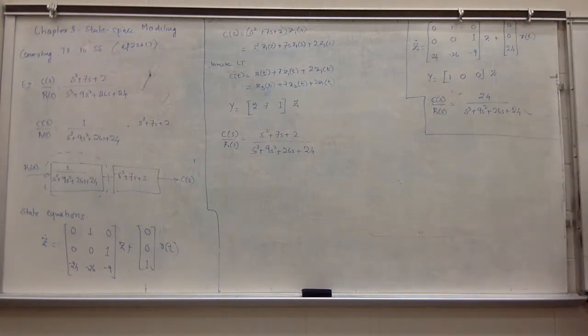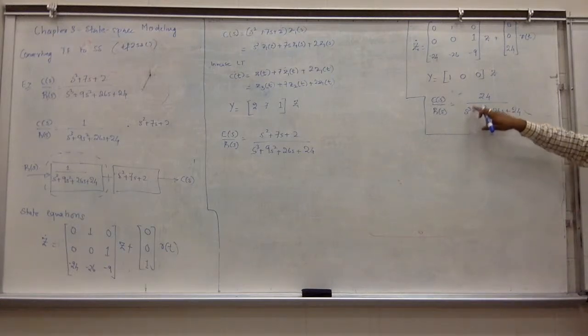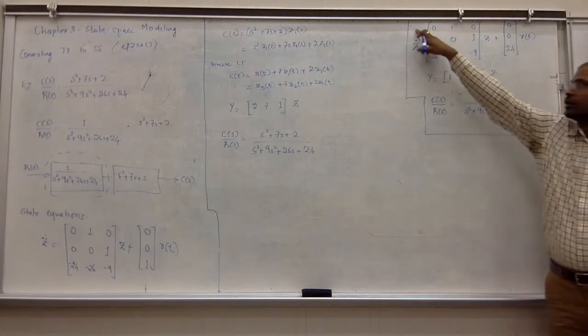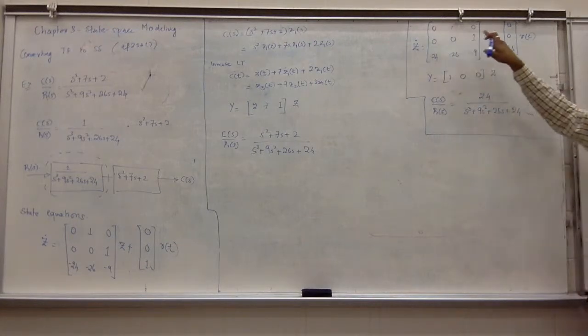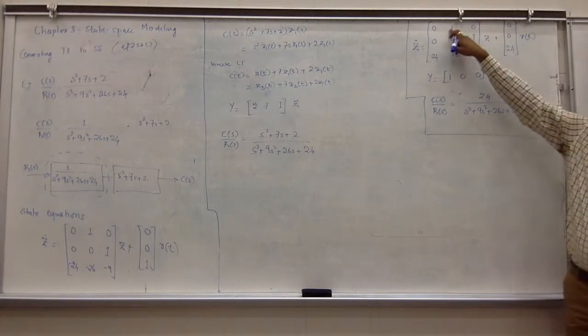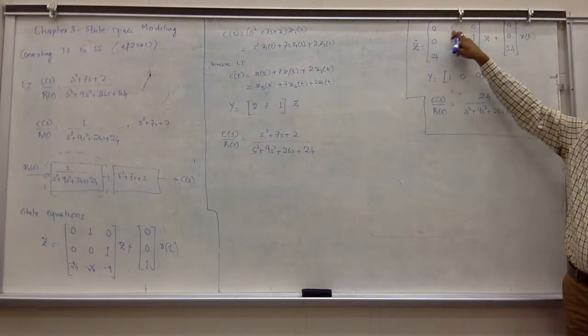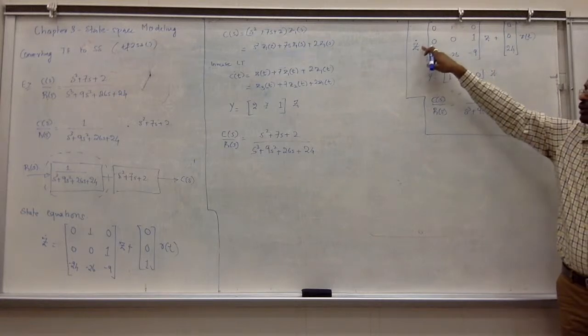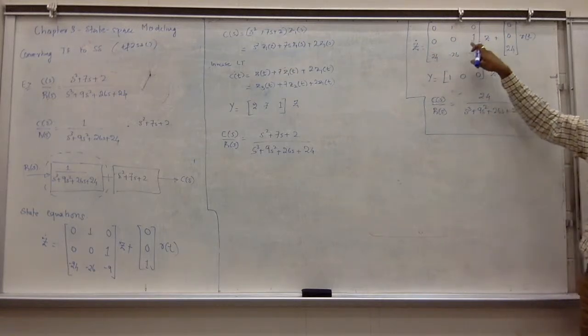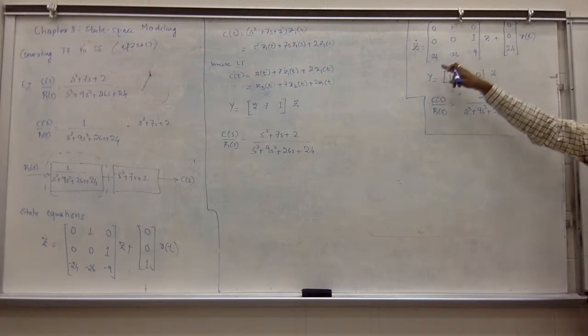Everybody is okay with that? Okay. So Z1 dot is what? Z2. So you get that 1 here. Z2 dot is Z3. You get your 1 here. And Z3 dot is